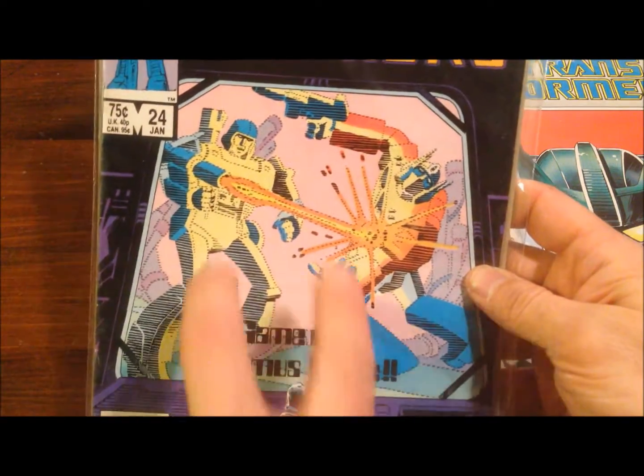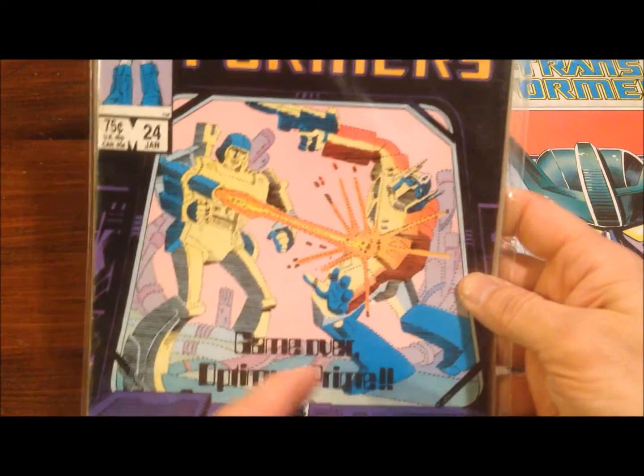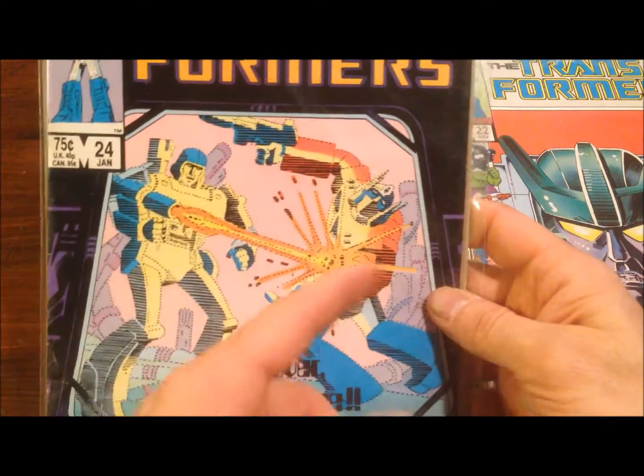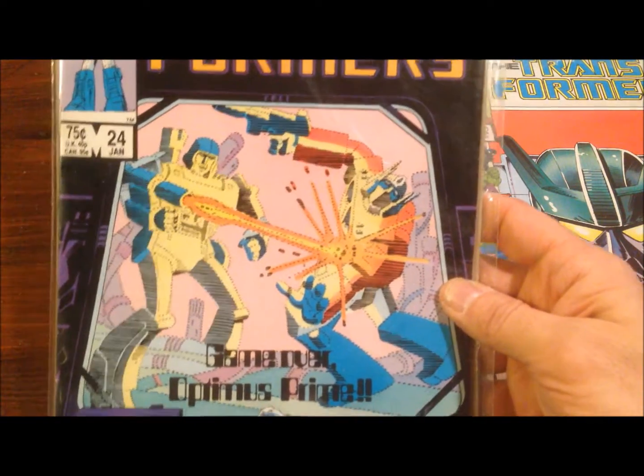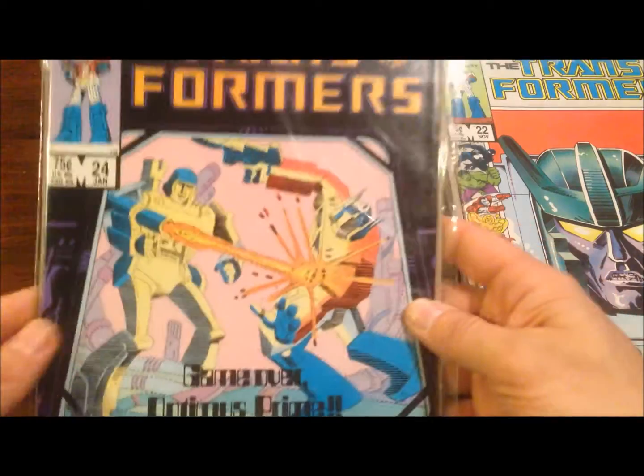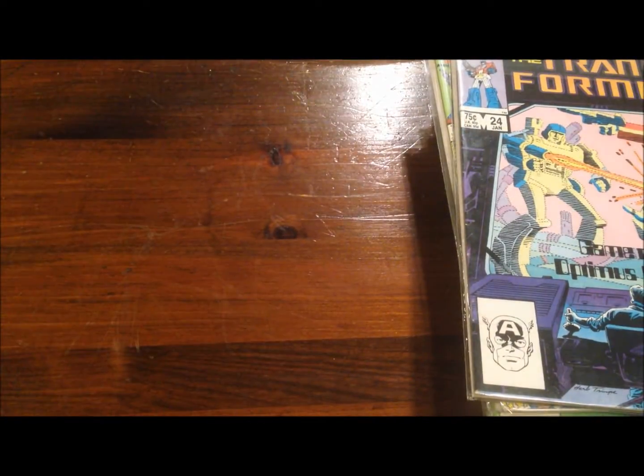This is where Megatron and Prime get uploaded into a video game and Megatron kills Prime. Or actually Prime, I think, sacrifices himself to kill, and whatever. This is where Prime dies in the comics. And then 25,